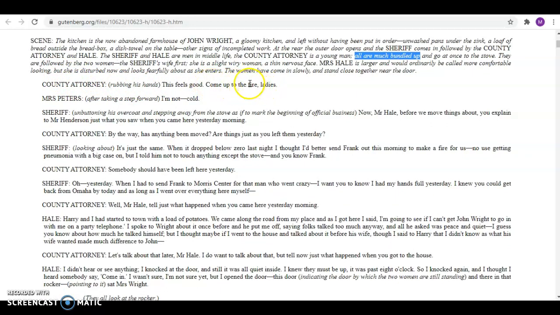We already know that there's a stove, so the fire doesn't really matter. Mrs. Peters, after taking a step forward: "I'm not cold." Now, this is one that we could put in there or we don't have to, right? If she's saying she's not cold, it could be that she's bundled up better than all of the other people, right? Maybe she has mittens or a thicker scarf. I, though, am reading between the lines and I'm saying that she's not actually meaning she's not cold, because here